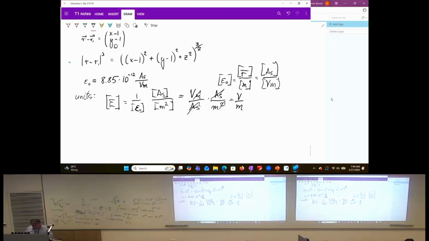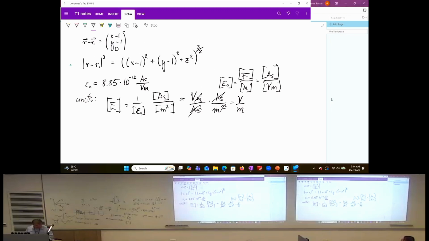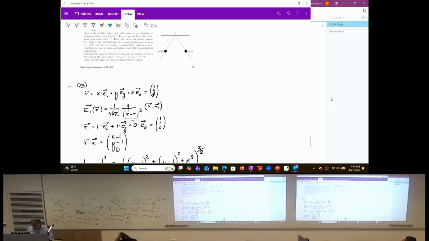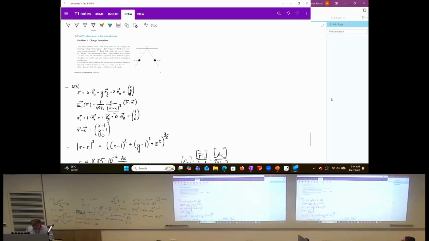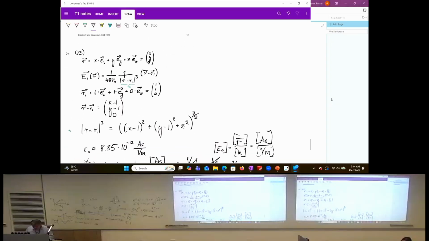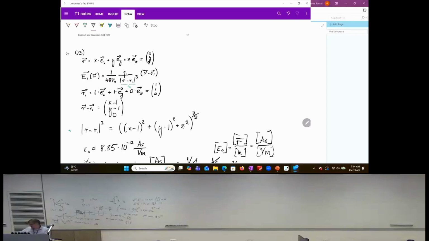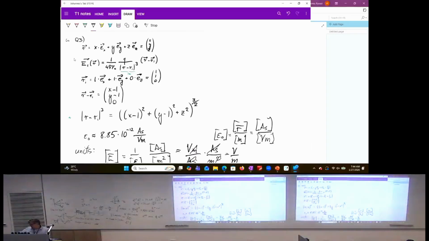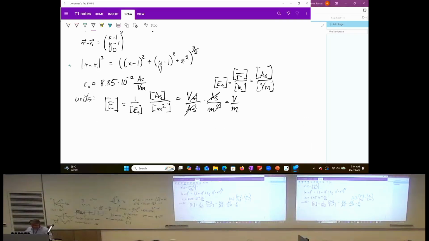So we have now computed here E1. This term for 1 over R, you insert in here, and your contribution from the second charge to the electric field is